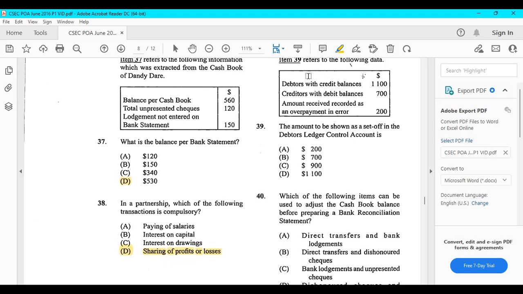Similarly, creditors usually have a credit balance because they're liabilities. However, this is saying that creditors come with a debit balance. It just simply means that our creditors owe us instead of us owing them. It's just the reverse of it. So that is possible. So set off, what is set off is basically like your customer, you have a relationship